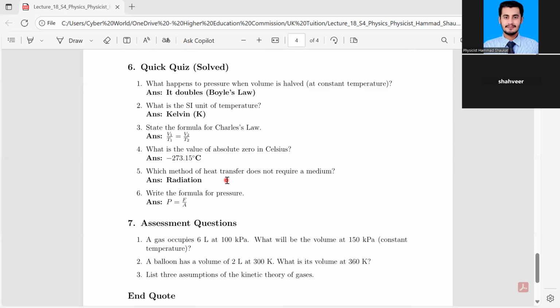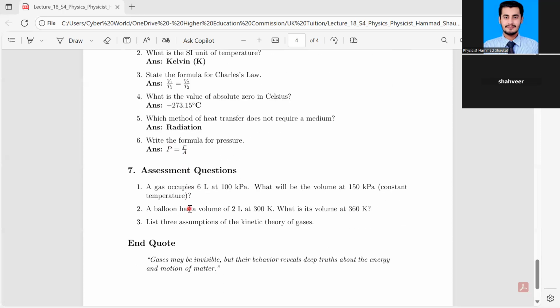Okay, so can you tell me the formula for pressure we discussed in starting lectures? P equals F over A. Yes, force per unit area is pressure. So pressure has a direct relationship with force. If you increase the force, the pressure increases. And pressure has an inverse relationship with the area. The more the area, the less the pressure exerted. If the area is small, it will exert more pressure because pressure and area have an inverse relationship. Any question? Okay.